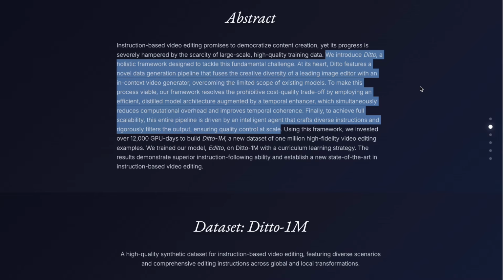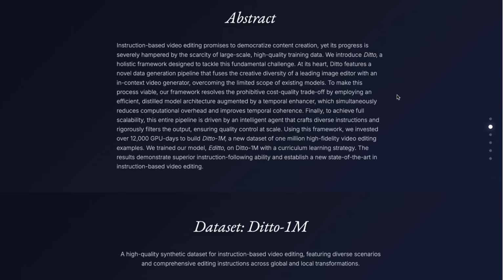Third, the system also used a depth video to understand the structure and motion of the original clip, ensuring that the edits are applied consistently across all the frames. And finally, the AI agent also acted as a filter, rigorously checking the output and discarding any low-quality or failed edits. This process allowed them to create a massive and diverse dataset of instruction video pairs, something the AI community